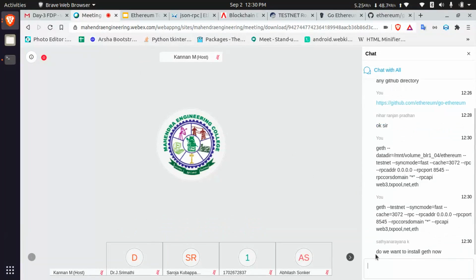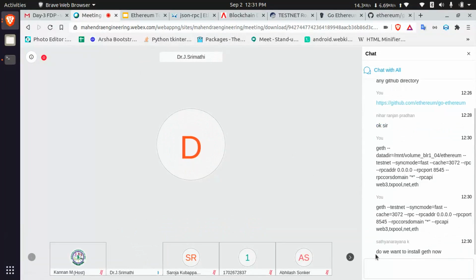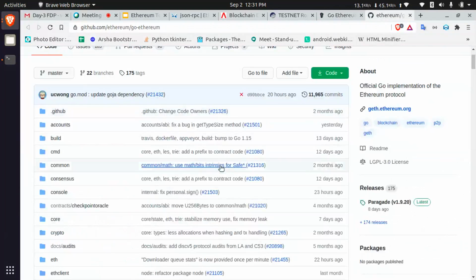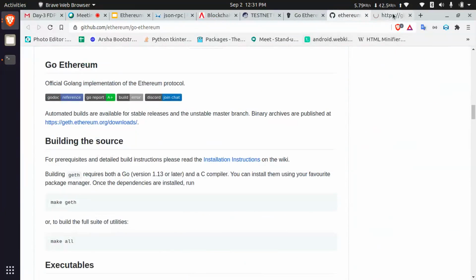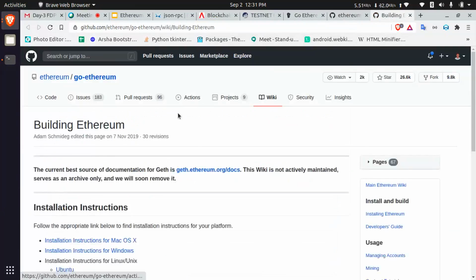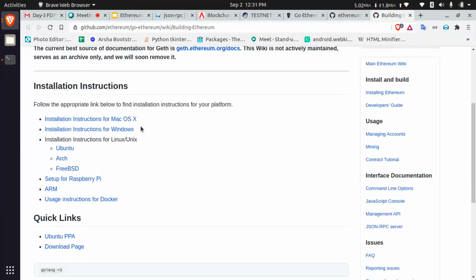If you feel any errors or anything, tell me. Once again, how to install Geth, sir? Kindly tell me, you specified the website and how I have to download, sir. In this page you can see the installation instructions. Just navigate. Which OS are you using?